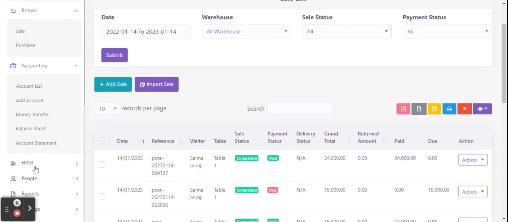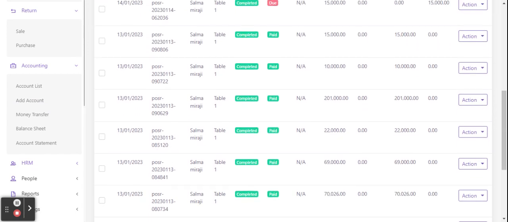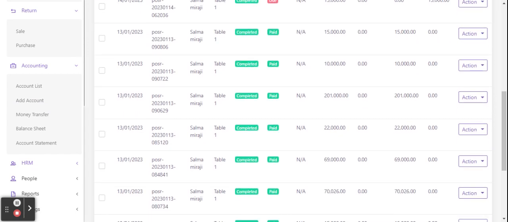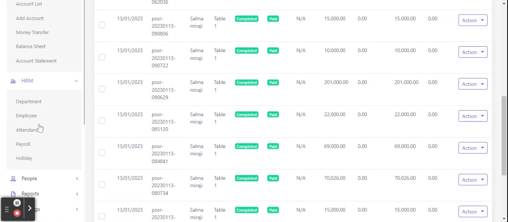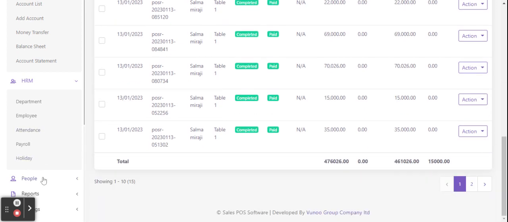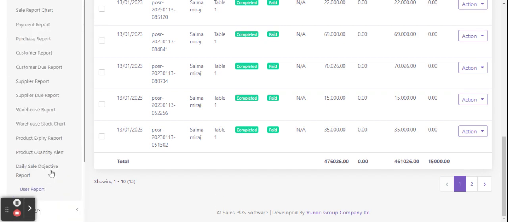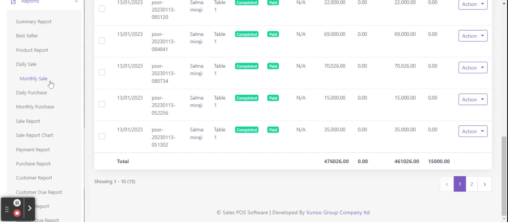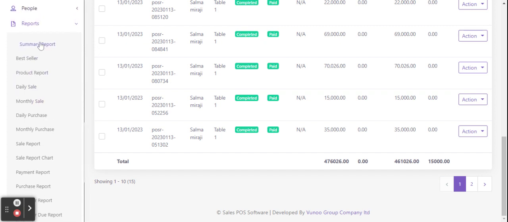You have the human resource part where you can manage your employees and holidays and their salary and pay rise. You have where you can manage your users. You have the report part where you can see the summary report, bestseller product,